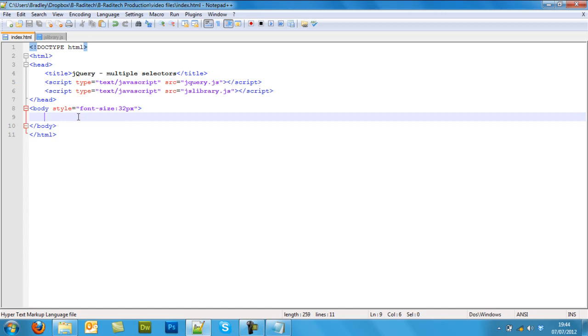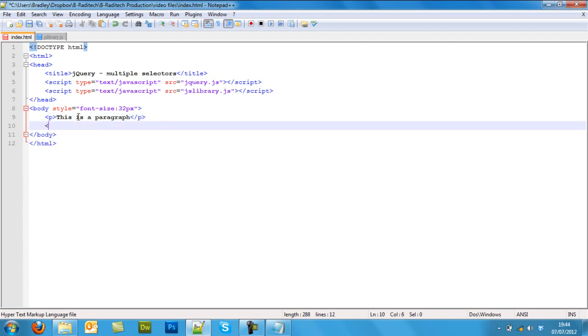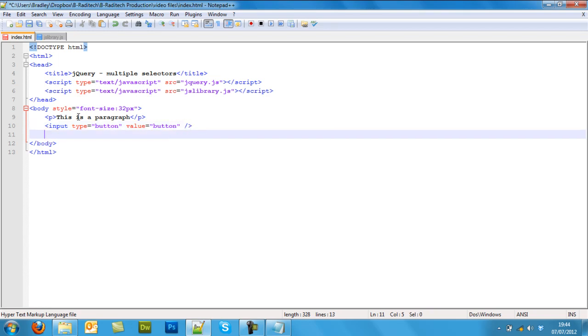So I'm just going to create a few elements. I'm going to put a P tag, and I say this is a paragraph. And I'm going to put an input type of button, give that a value of button, and the final element I'm going to use an ID. I'm just going to use a checkbox, so input type of checkbox